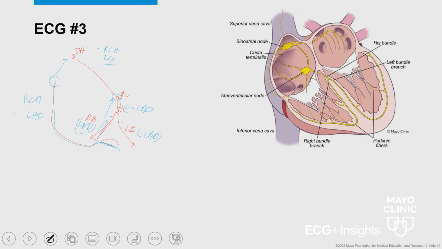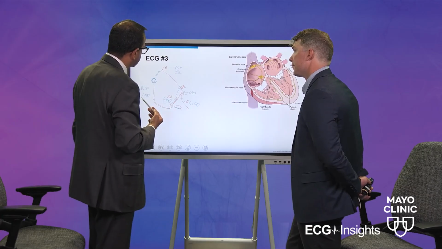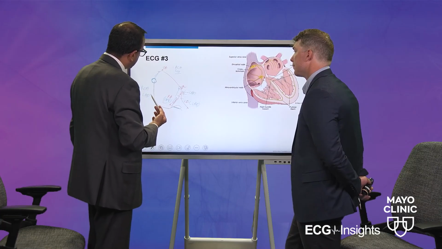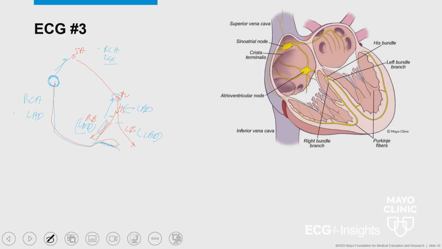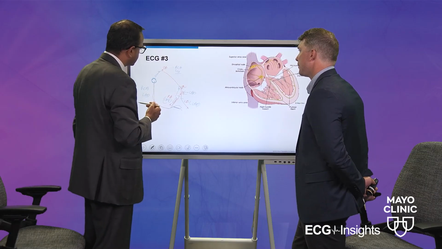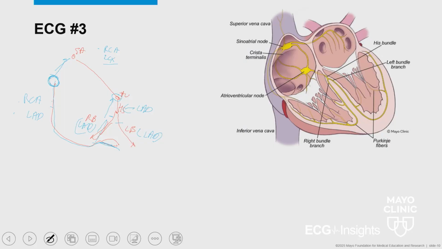So if you have a very ostial RCA lesion or ostial RCA thrombus, then you could get ischemia to the SA node. And generally ischemia to the SA node may present as junctional rhythm, because there is no blood flow going to the SA node, maybe you can infarct the SA node so that you are getting junctional rhythm. Another thing would be sometimes patients present with atrial fibrillation, and that is because of atrial ischemia. That may also suggest that you have a very proximal RCA lesion which is compromising the blood supply to the atrium. When you go from proximal to more mid RCA, it can affect the AV node here,